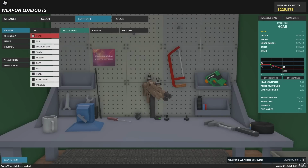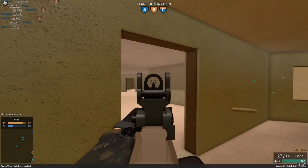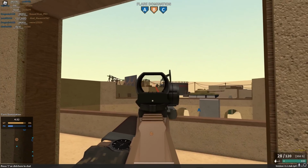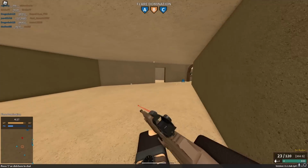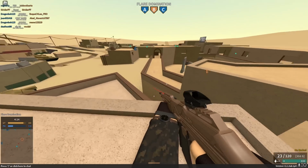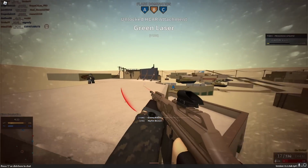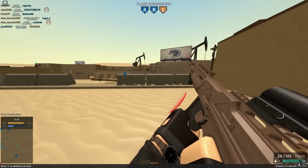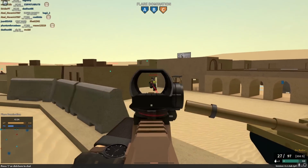Next up, we got an HCAR buff. It has a little bit more velocity. It has better recoil. Oh, wow. Way better recovery. Also has higher fire rate. Ooh, kind of a fan of that recovery. It's kind of good. Ooh, and the fire rate is actually good now. Wait, this gun might be good. It has a lot of kick, but then it has really fast recovery, so...